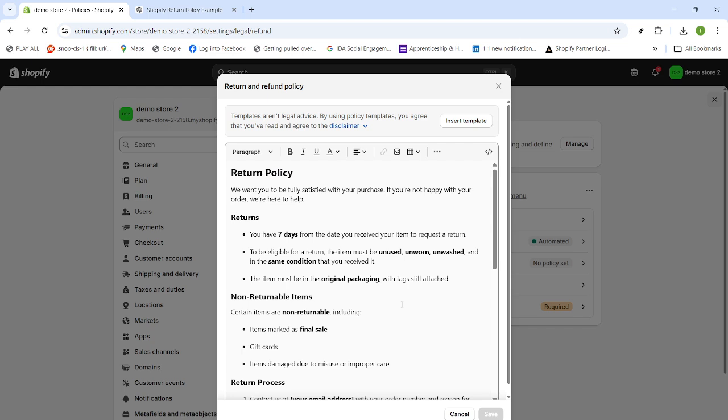That's it. You went to your Shopify admin, opened Settings, located Policies, reviewed your return and refund policy, published it, and double-checked the final result. With this in place, your customers have clear guidance, and your team